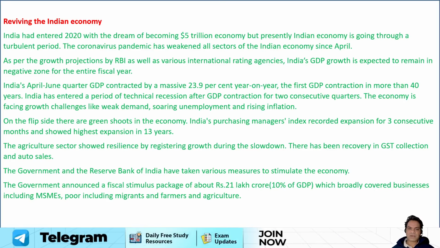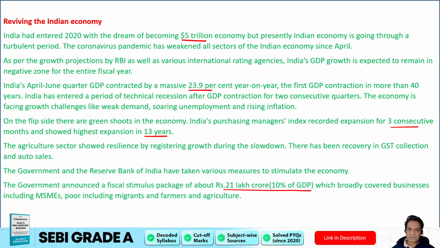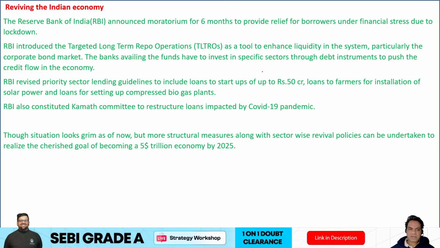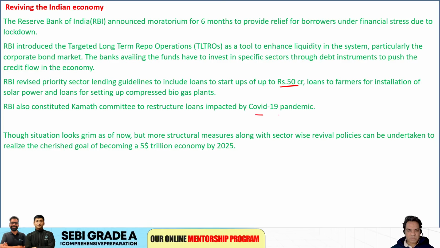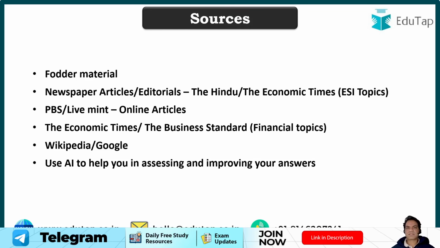This is what your essay should look like. Properly structured with good data points. Start with background data points. Present good reports. Mention the background of the topic, what is expected for this, then what you expect from the economy, and then you execute the essay on the basis of what you have researched. So guys, these were examples of bad essays and good essays out there. Then you provide all the details, insights into TLTROs, reduced so and so. So how can you revive the economy after COVID-19 and what is the way forward? So this is what your proper essay should look like, properly structured, well framed, backed up with thesis and strong arguments. Got it? So this was all about essay writing, guys.